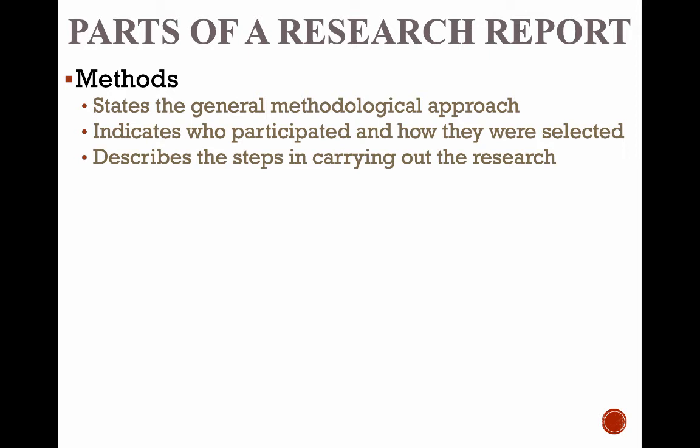Who participated, meaning, again, your population, your sample. How would you select your sample? Oh, I did snowball sampling. Boom. That's how you selected them, right? So the whole point of the methods is that you're trying to describe exactly how you carried out the research. This is important because if we're talking about the majority of early research, or beginning researchers, they use replication as a method of doing research, so your methods has to lay out exactly how you did it,